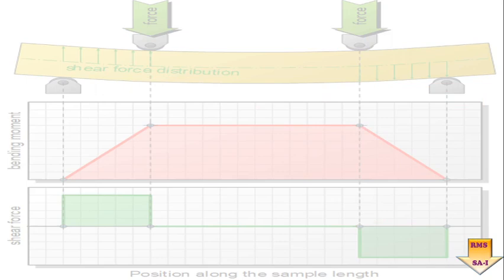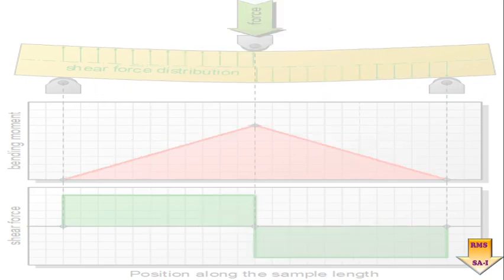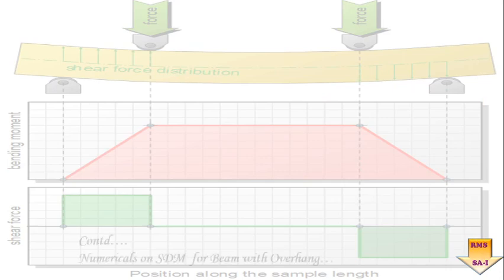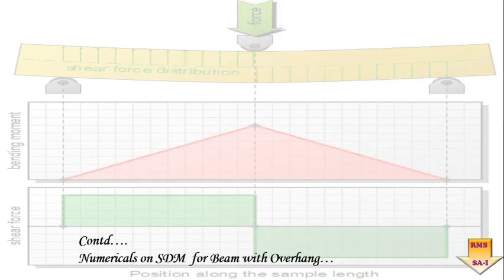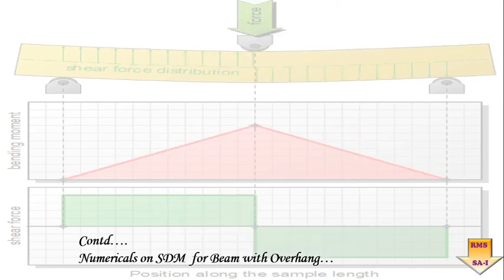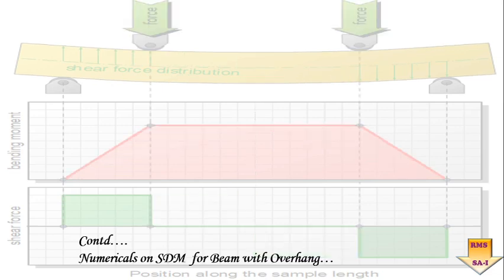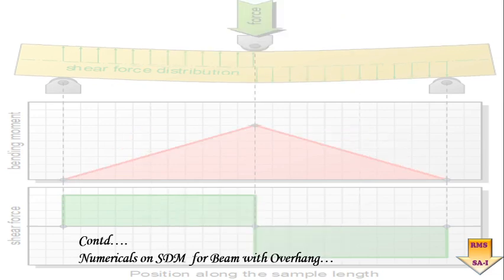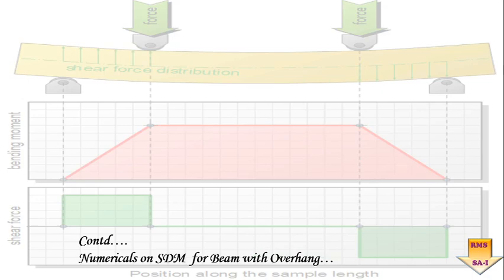So I hope you all are getting the procedure to be adopted, and just stick with the procedure, you will definitely get the final solution for this sort of continuous beam. So this is what we have for today, and in the next video lecture we shall be dealing with the analysis of one more continuous beam, in which we will have one overhanging part.